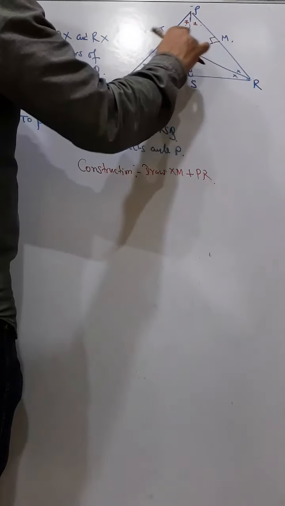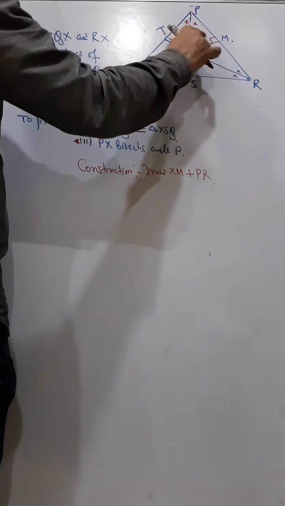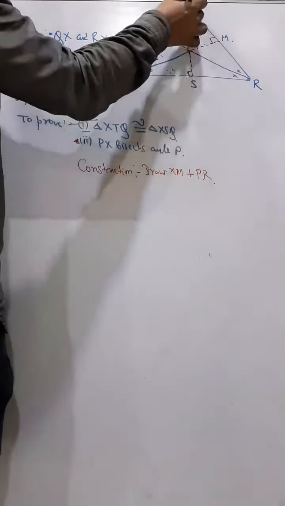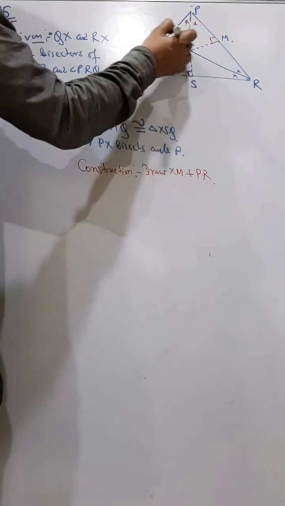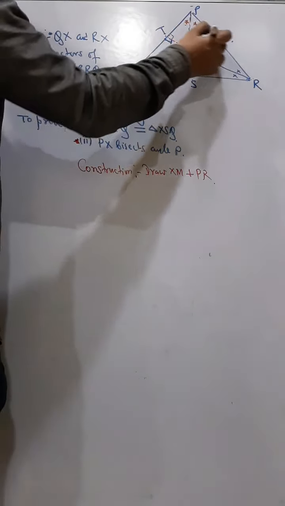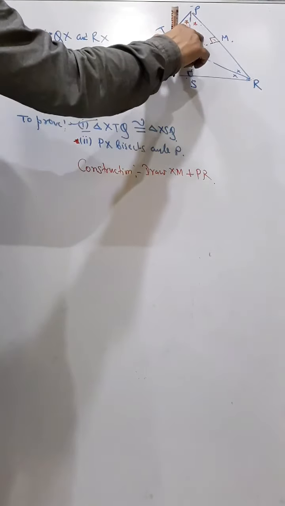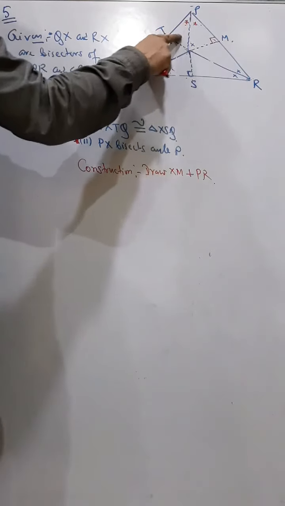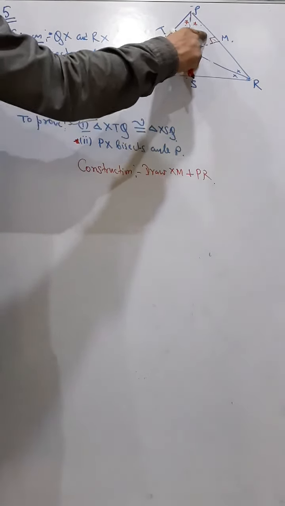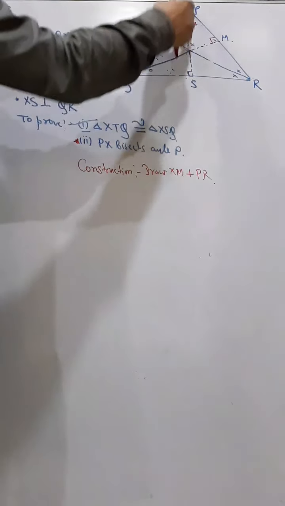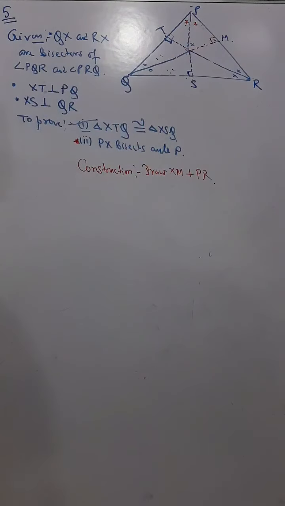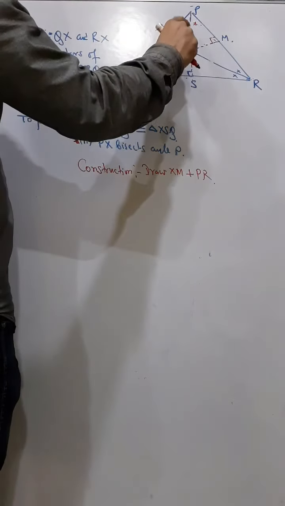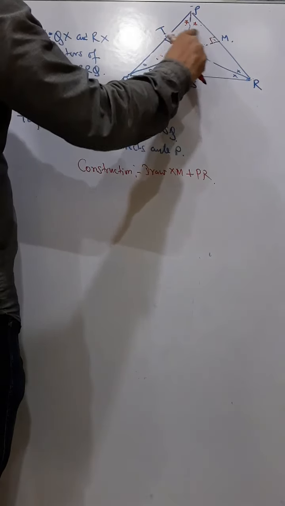Now to prove these two triangles congruent, you know nothing. Only you know PX equals PX. And the second, we can say that this is 90 and this is 90. But here we have a problem with the third point, and until I get the third point I can't prove this triangle and this triangle are congruent. So I know 2 points: this is equal to this, and this is 90 and this is 90, but where is my third point? Unless I get the third point, we cannot prove these two triangles are congruent.